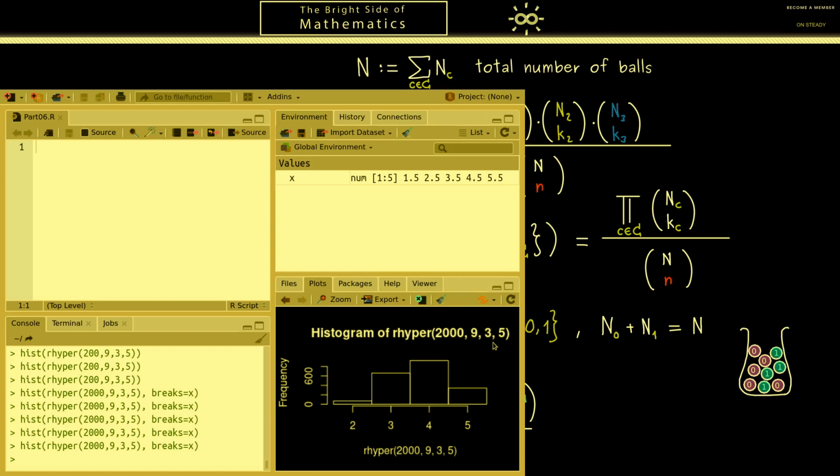This is the case because we take out a lot of balls compared to the number of balls of each kind inside the urn. Therefore, I would suggest play around with these numbers and compare the result with the binomial